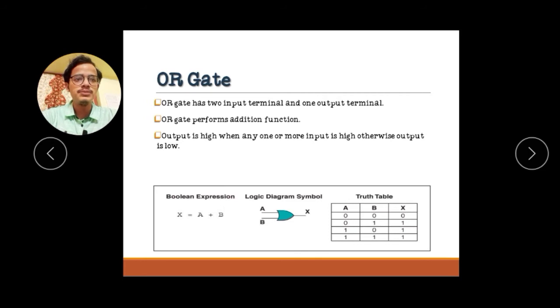to a plus b. From the truth table we can derive that when the inputs are 0 0, then output will be 0, because 0 plus 0 is 0. When input is 0 and 1, then output will be 1, because 0 plus 1 is 1. Similarly, when the input is 1 and 0, output will be 1, because 1 plus 1 is